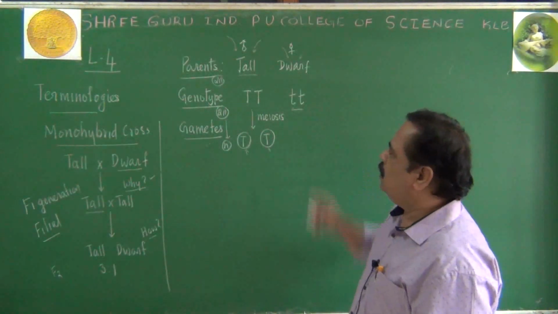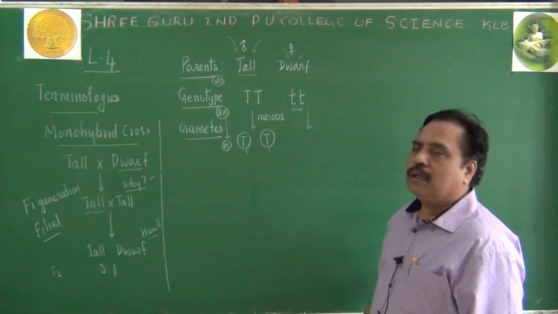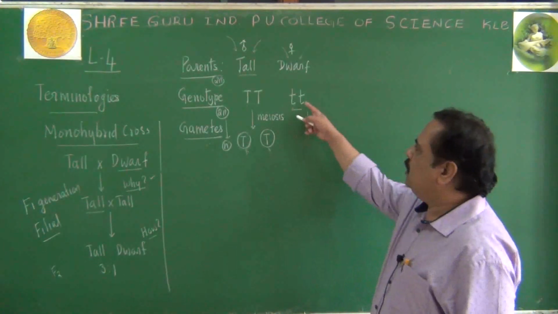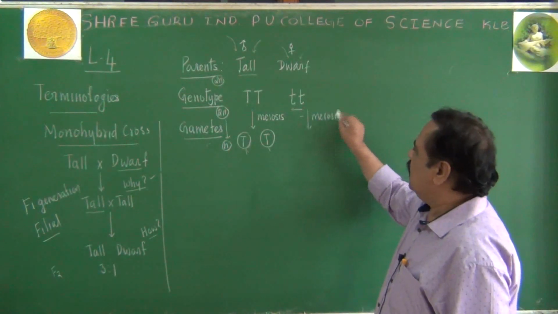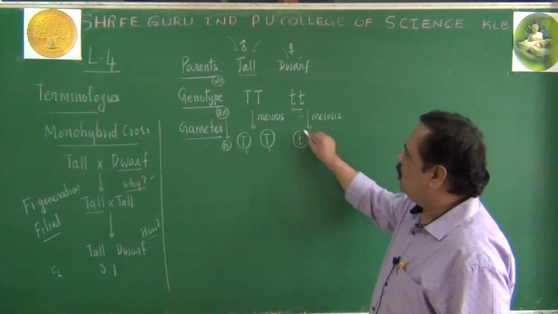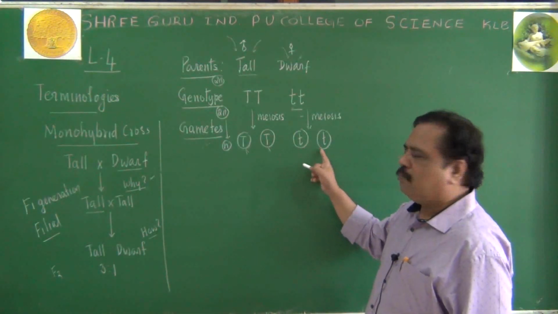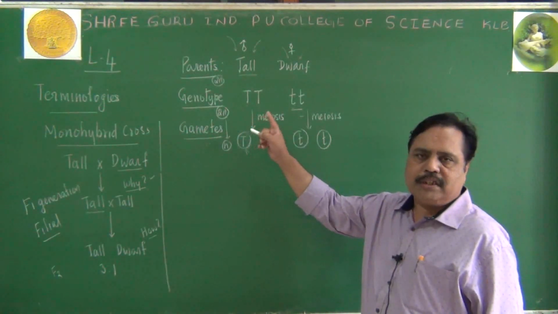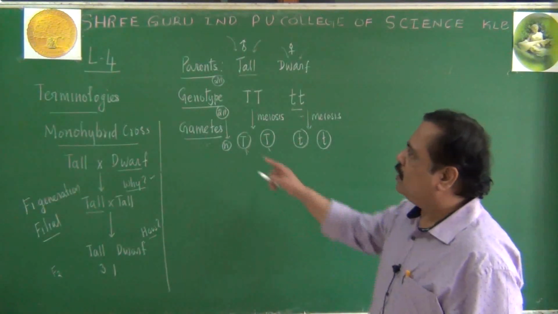Let us come to the female parent here. In the female parent, you may be remembering megasporogenesis, where again meiosis takes place. During that meiosis, they will produce the ovum. The ovum will contain one small t here, another small t here. So these are the gametes. Gametes are haploid. Parental genotype is diploid. Try to get this point. This is the gamete formation. That is the third step.